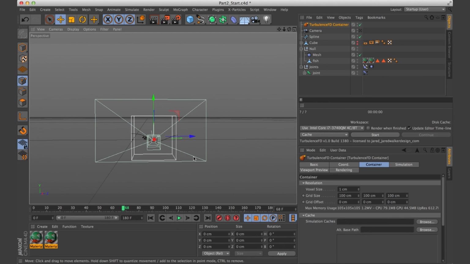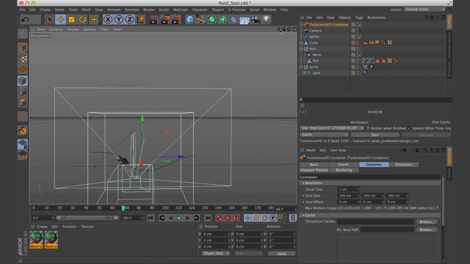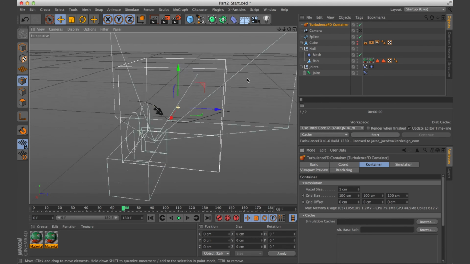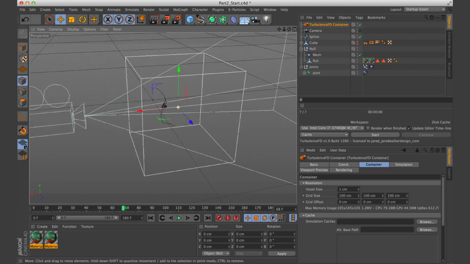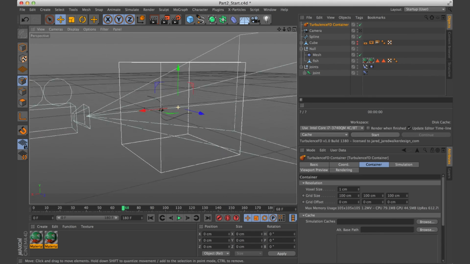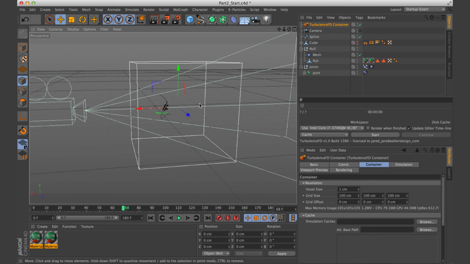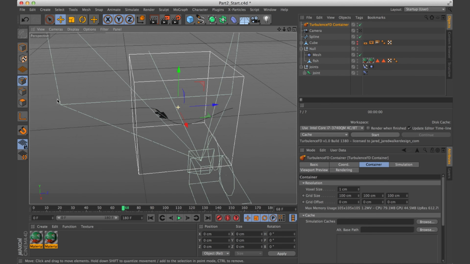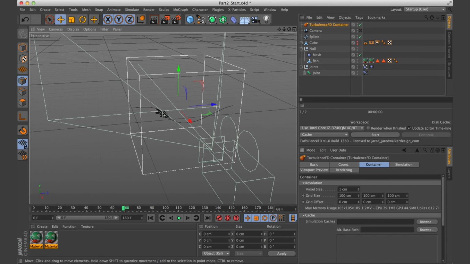Okay, so what we're going to want to do now is resize it a little bit so that it's only covering the area around the spline here.